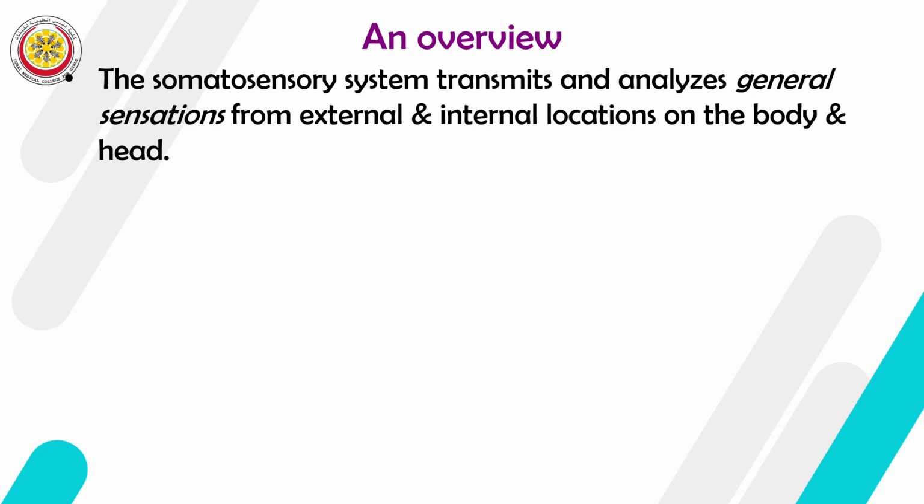Now, the modalities you already know them, we already mentioned them. So, what sensory system transmits and analyzes what? General sensation. We define general sensation, the term, meaning it doesn't have a very specialized organ for it. If they are coming from the body parts, the limbs, body walls, head and neck, they are somatosensory or somatosensation. Somato-general sensation. If they come from the viscera, they are general visceral sensation. So we have general sensations, external and internal.